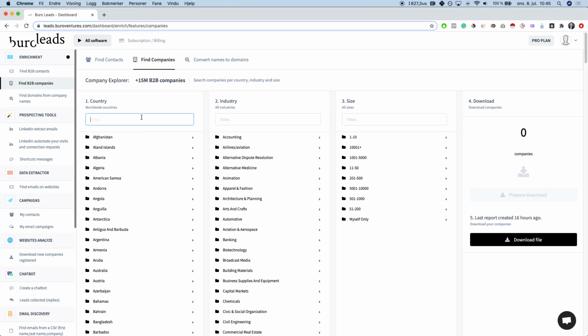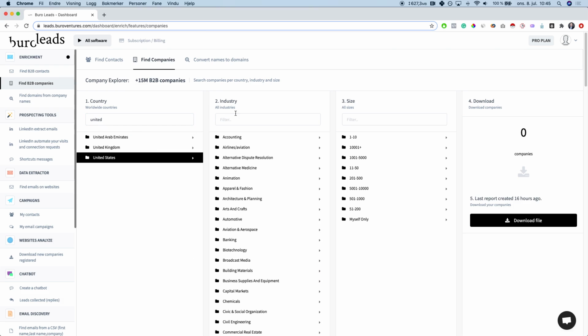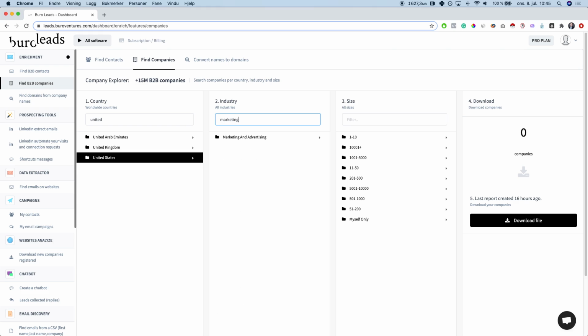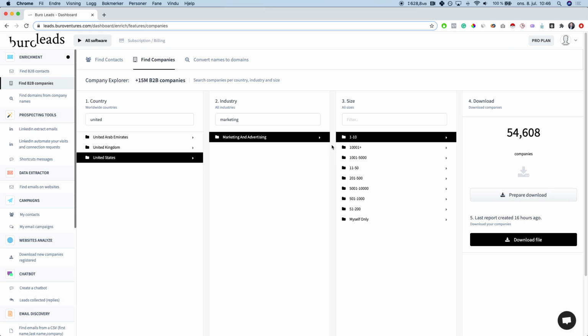Let's say that I'm looking for marketing agencies in the US. So United States, I'm looking for marketing companies. So they are within the marketing and advertising industry. And I'm looking for smaller companies, so smaller agencies. I'm not looking for the big guys. I'm looking for companies that are between 1 and 10 employees, and that basically generate not too much money, but they have potential for scale. They have potential for growth. So by selecting these 3 filters, the database found